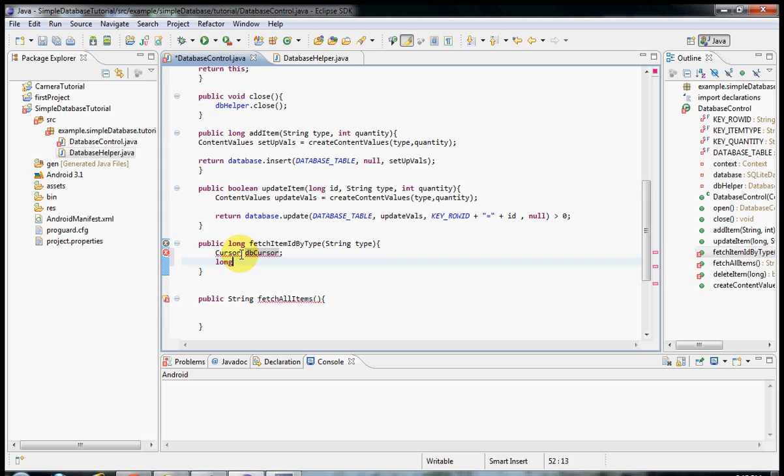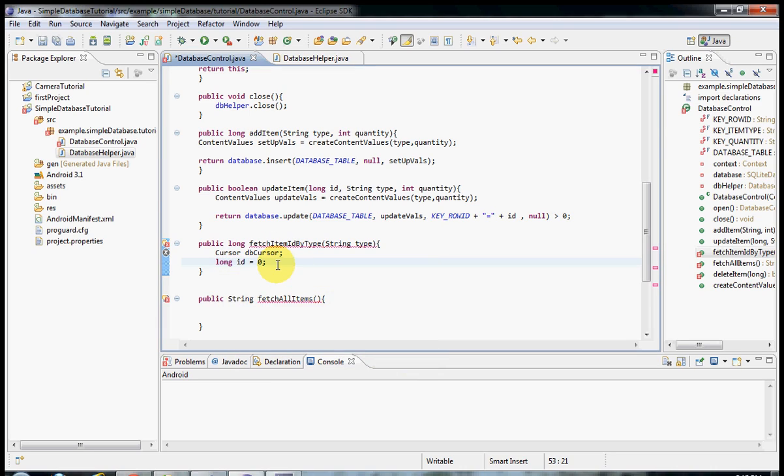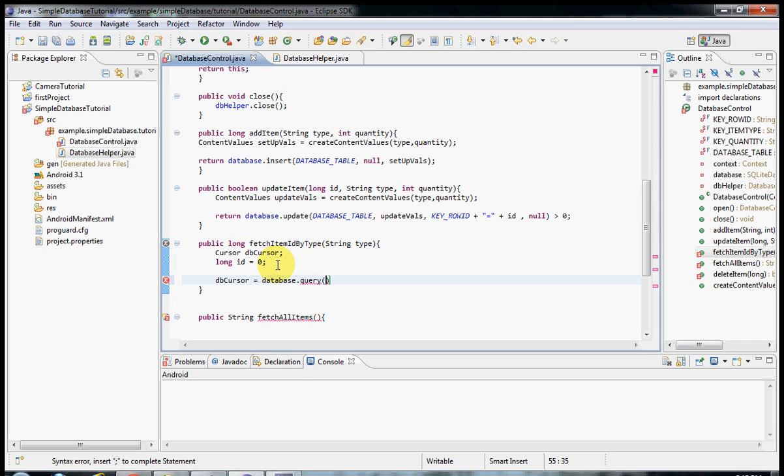We're just gonna set up another variable, long ID = 0, just to store the ID later on. We're gonna have to actually import the cursor library. Okay, so next we're gonna have to actually initialize this cursor to the result of the database. So to do that, we're gonna go dbCursor equals database.query, and this function has quite a few